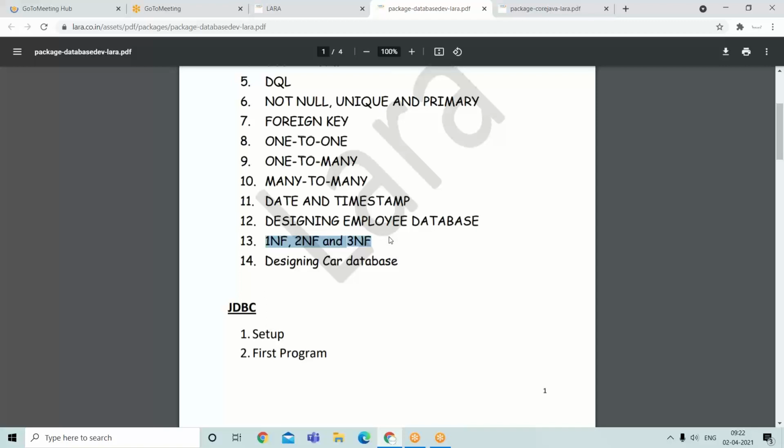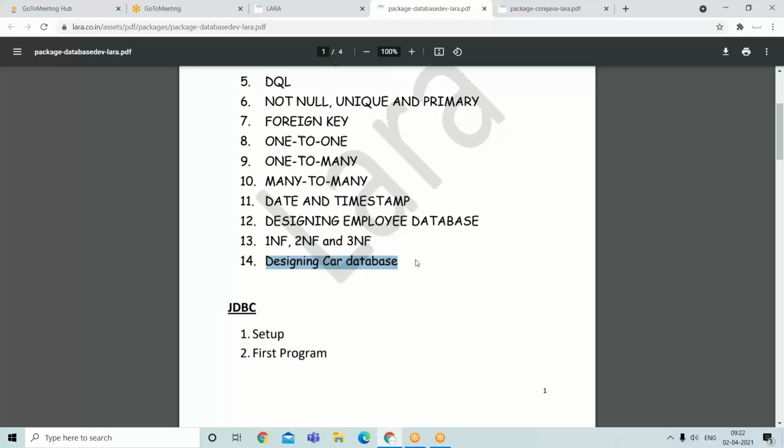Then three normal forms. First normal form, second normal form, third normal form. Then one case study. One case study I have explained. I have given this as an example for you to design by yourself. Designing a car database.